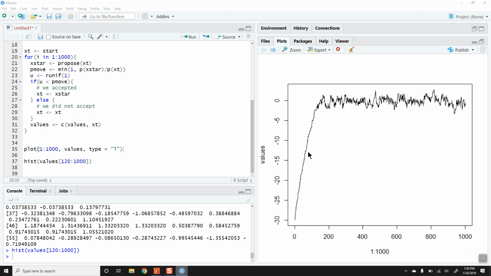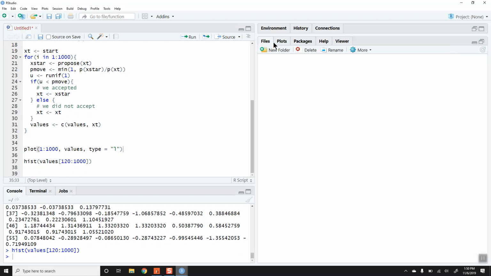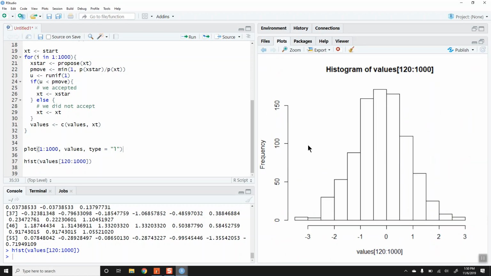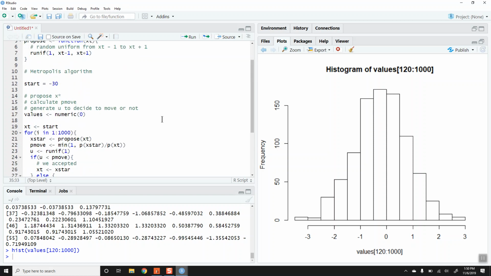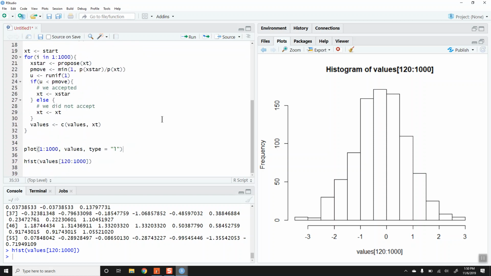And basically, there was a time where it looked like it kept proposing smaller values and kept rejecting all of them. And we finally got into this zone. And once we were in that zone, the values that we were proposing either get accepted or rejected, and overall, this looks a lot like the normal distribution. So that's the Metropolis algorithm. All right, we'll take a look at the math on Friday. We'll end there, and we'll see you guys then.